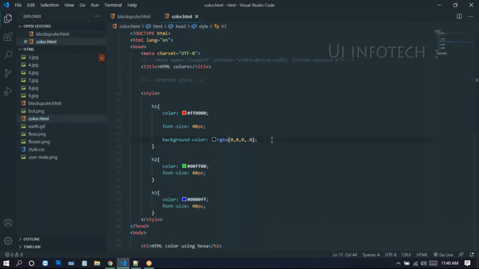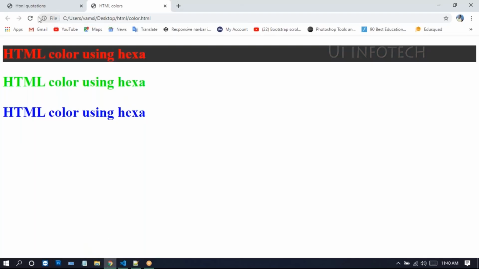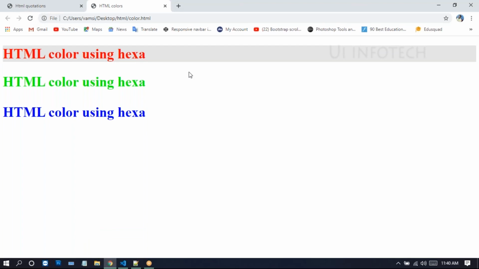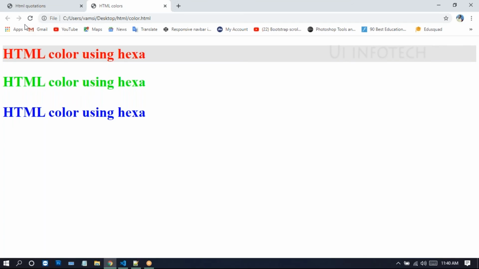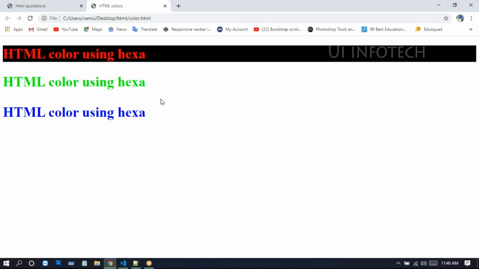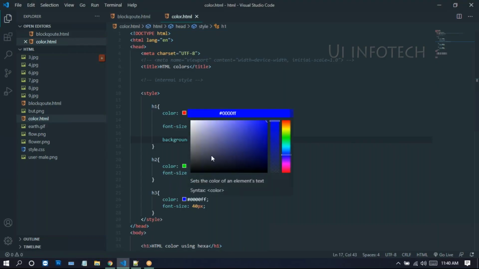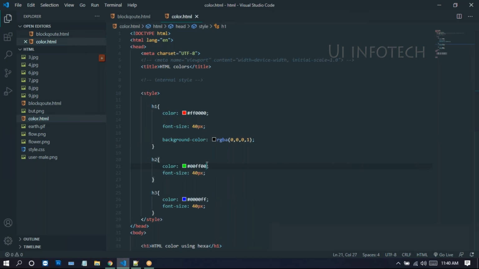Now run this in the browser. Look, it has 0.8 transparency. If we give 0.1 and run it, like this we can reduce the transparency of the color. If you give 1, it will give the full color.